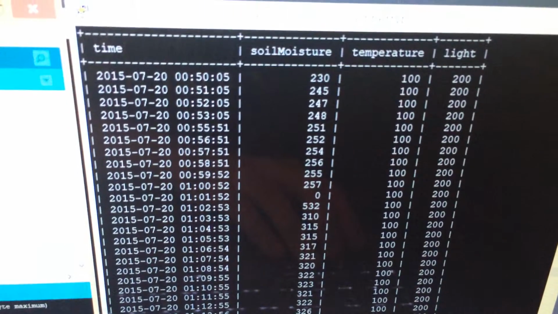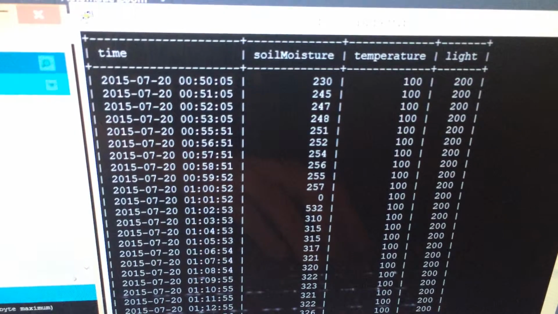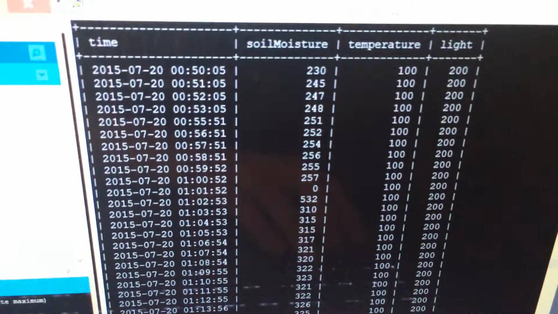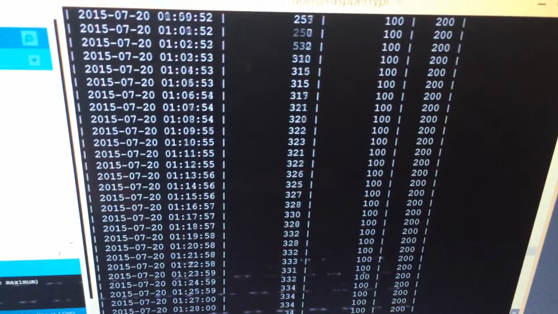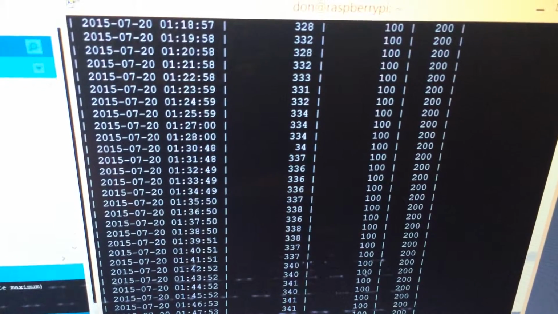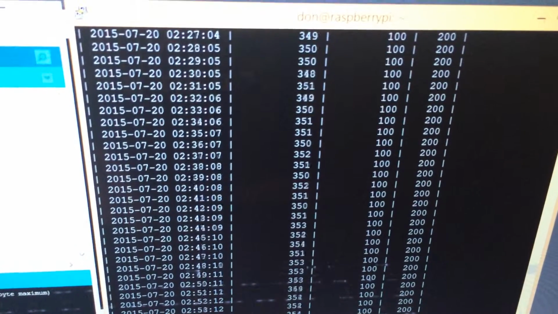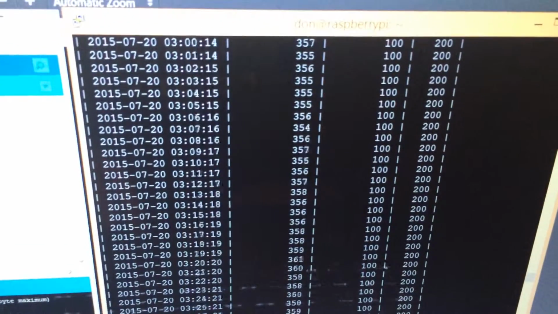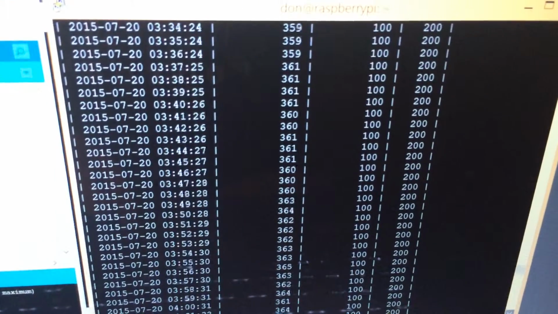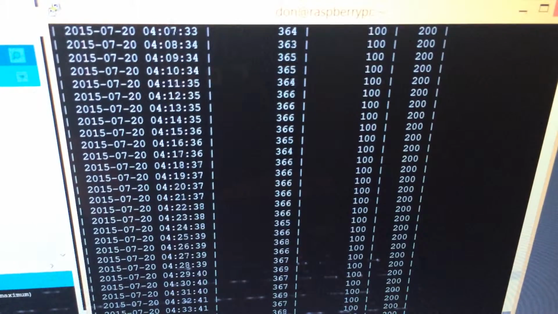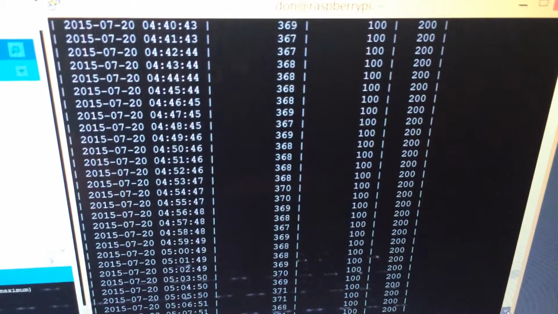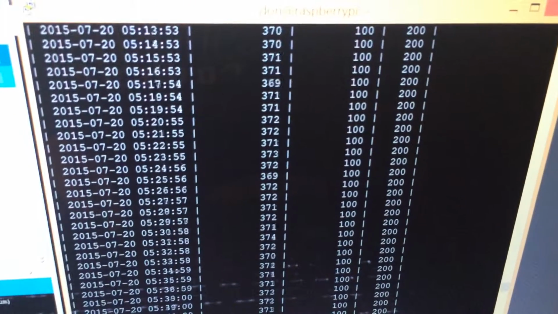First reading was around 12:50 last night, and it continues every minute. So if I start to scroll down here, you can see all these readings, and that one random zero reading is when I pulled the moisture sensor out of the soil for a little bit, so that wasn't actually a bad reading. But here you can see it slowly increased all night,